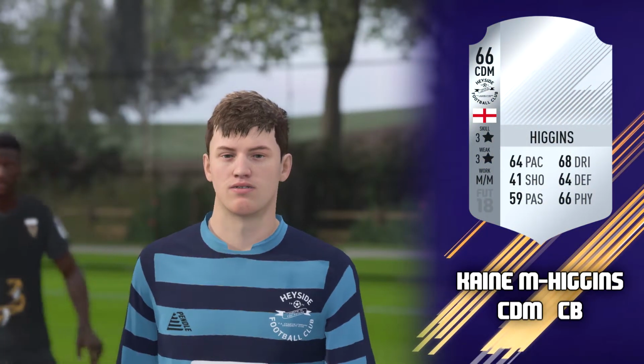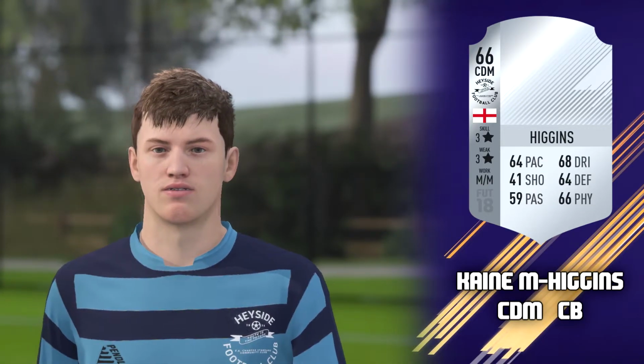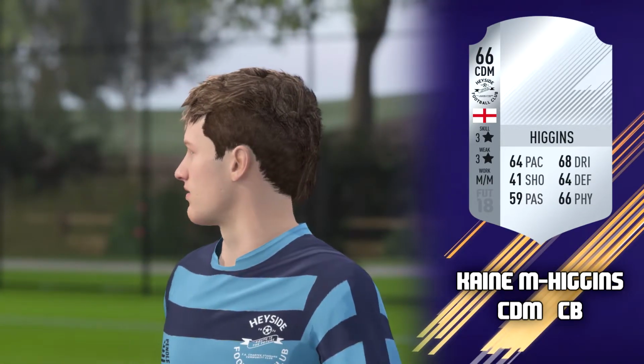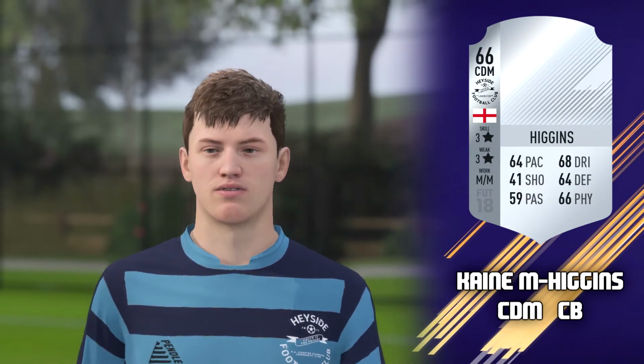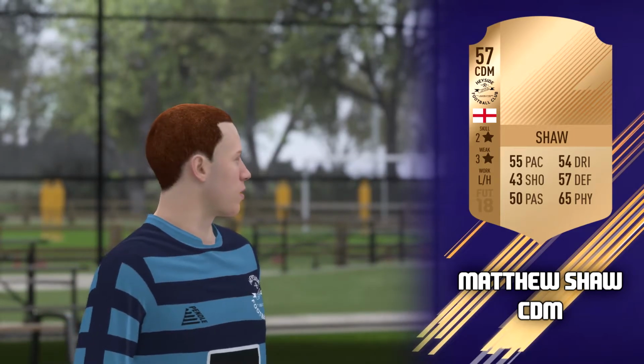Another defensive mid we have Kane, not the tallest, more of a Kante without the technical ability. Not too bad at dribbling actually. He can also play as a centre back, obviously not a tall one, more like a Mascherano, aggressive, not very strong, and okay defensively. Next up we have Matthew, brilliant interceptions, always in the right place at the right time,